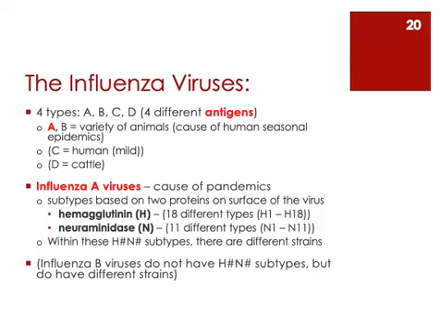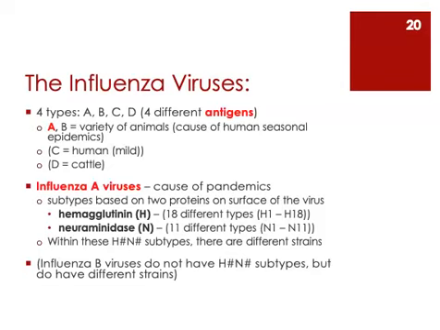There's an H type of spike protein and an N type. That H stands for hemagglutinin. That's the name of the protein. And the N stands for a protein called neuraminidase. There are actually 18 different types of the hemagglutinin protein, and there are 11 different types of the neuraminidase protein. Okay? Hence the numbering system.